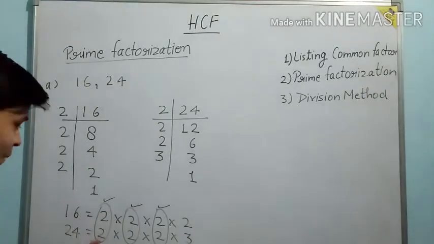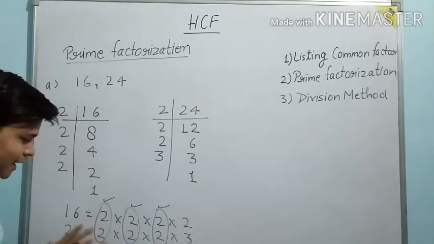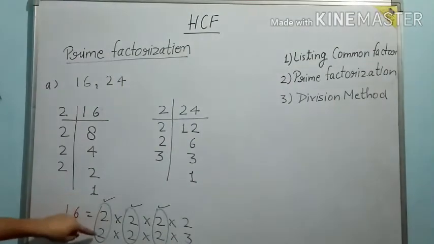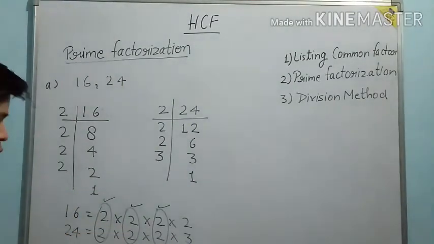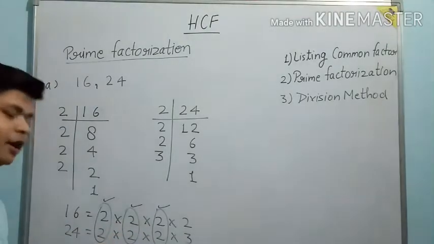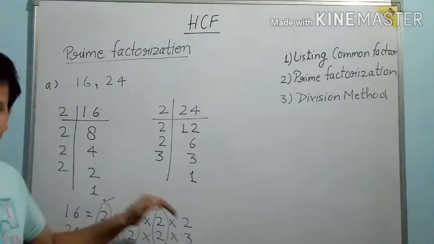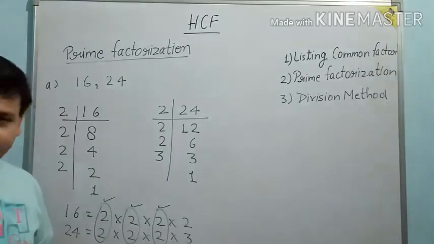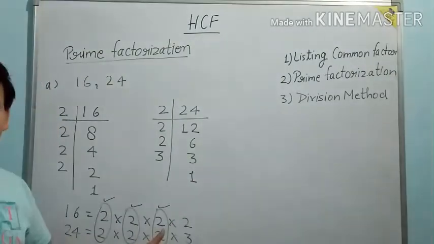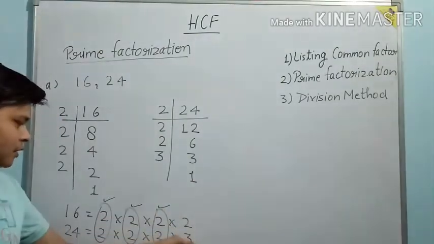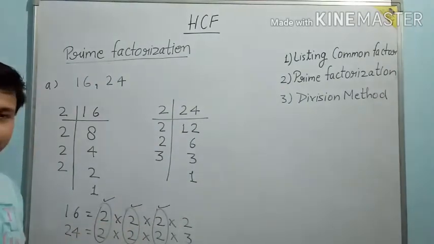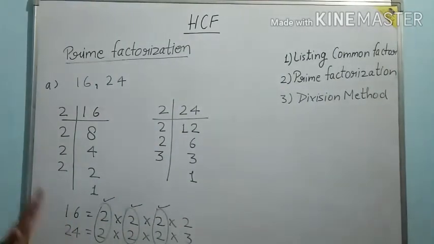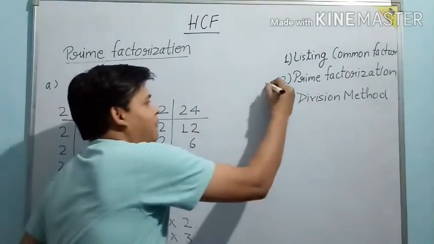But keep remember, you can understand this thing that here we have the pair of 2, so that's why I have written here 2. This is also a pair of 2, 2. This is also a pair of 2, that's why I have written here 2. अगर इसकी जगह पर कोई 3 का पेयर होता तो I'd have to write here 3. But right now we don't have another pair of numbers other than 2, right? So once again the HCF is 8. This was the prime factorization method.